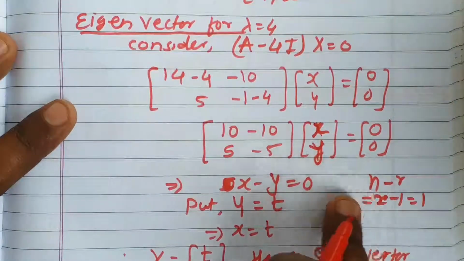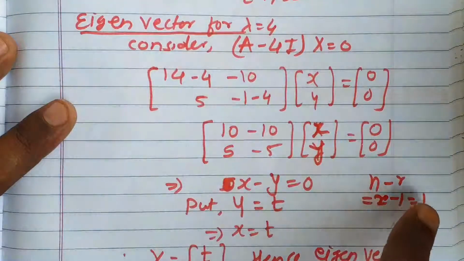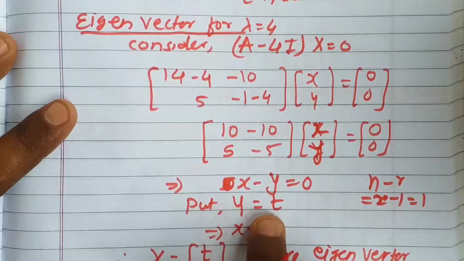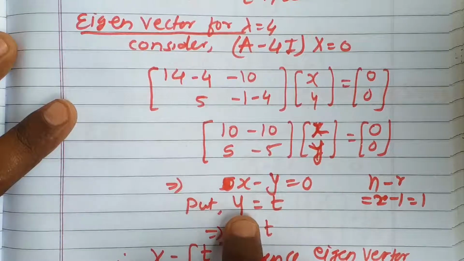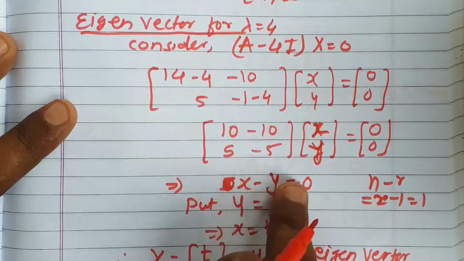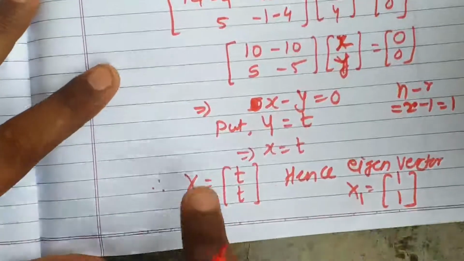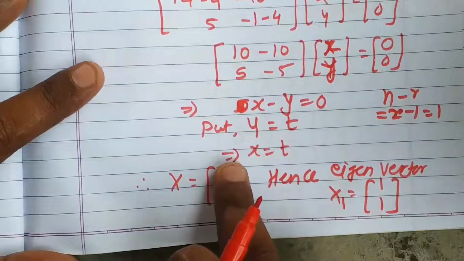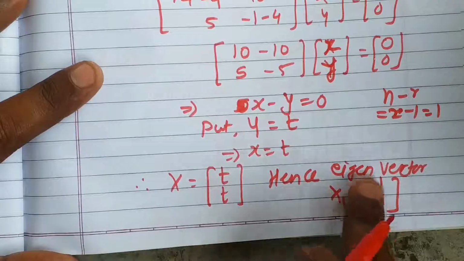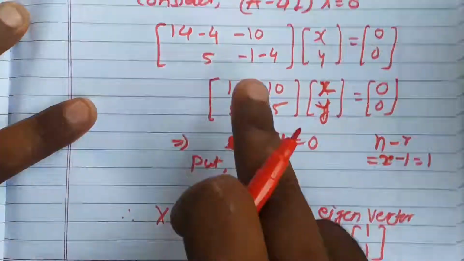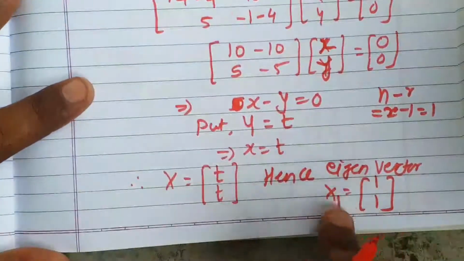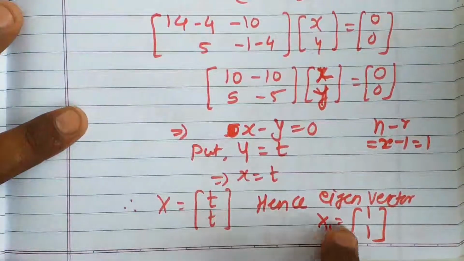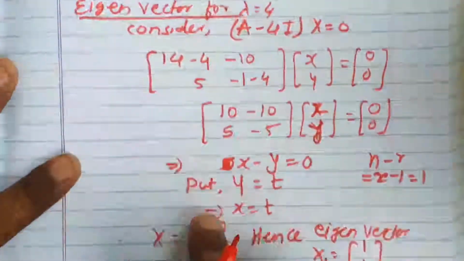Whatever difference we have of n minus r, that many unknowns we can put as free variables. So out of two variables, one variable we can treat as a free variable, that is, a parameter we can assign to it: y equal to t. If y equal to t, we get x also equal to t from this equation. So that gives us capital X as (t, t). Now for t equal to 1, we can take t common, and we get the vector (1, 1), and that (1, 1) is the eigenvector corresponding to the first eigenvalue 4. So x1 is equal to (1, 1). I have called this x1 because here we need to calculate both eigenvectors. So the first vector is x1 corresponding to the eigenvalue 4.